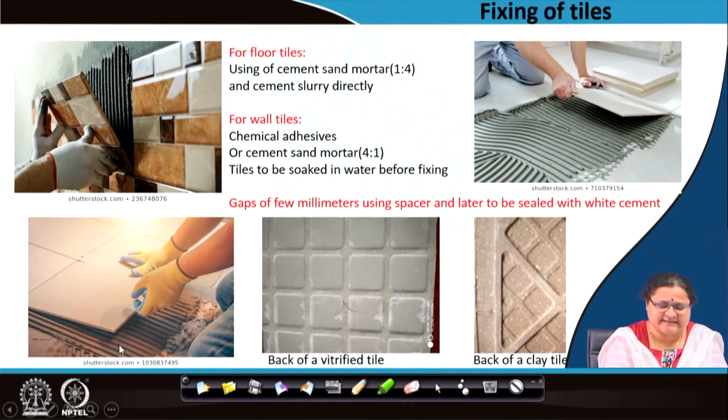Here also you can see it is a particular trowel with which they can make this kind of pattern. So, something is put there on top of which this tile is being fitted. Now, I have taken a picture of the tile from behind. What is behind the tile? At the back of the tile, this is a vitrified tile, and at the back of the tile, this is a ceramic tile. They are having a kind of checkered